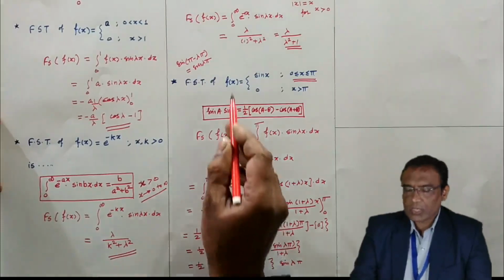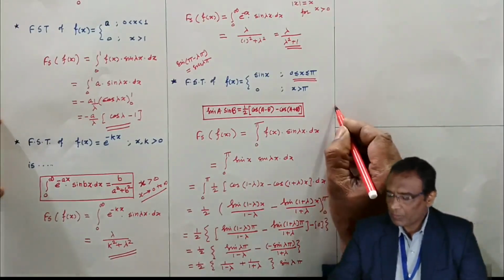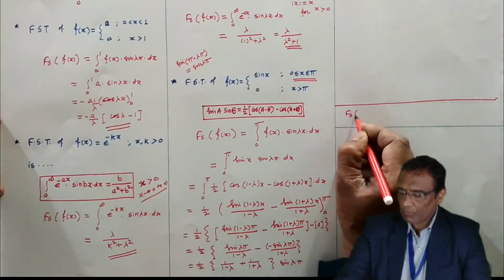Okay, this is the Fourier sine transform of this function. So you may increase one more step. The last step I am going to write here: the Fourier sine transform of f(x)